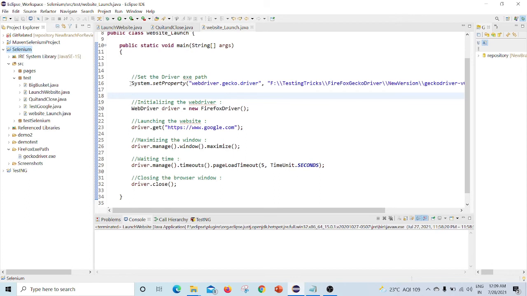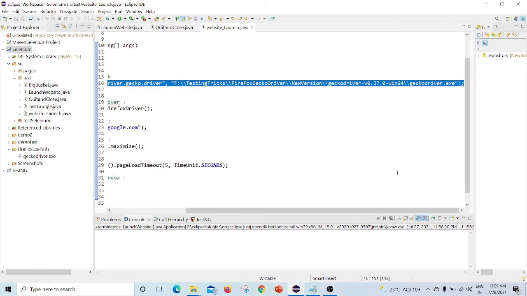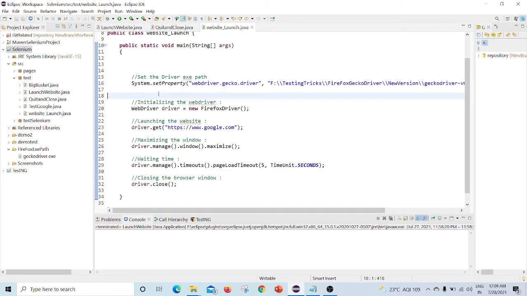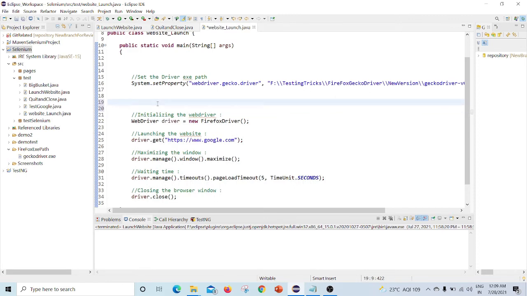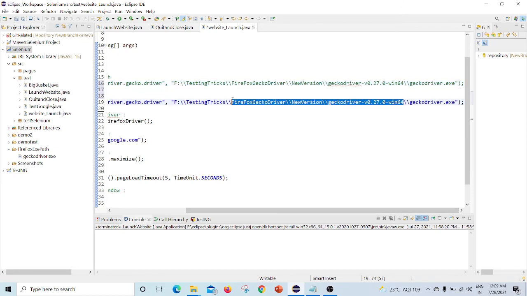I'll comment this line, and use the same line here. I have to delete some of the folder structure here and just type dot double slash Firefox exe path.